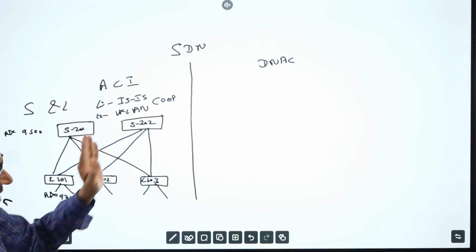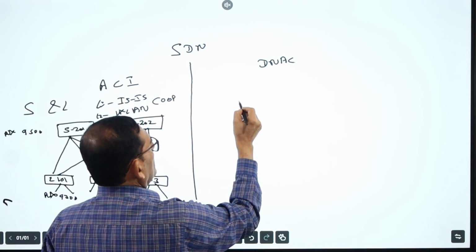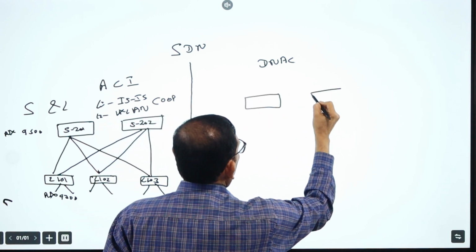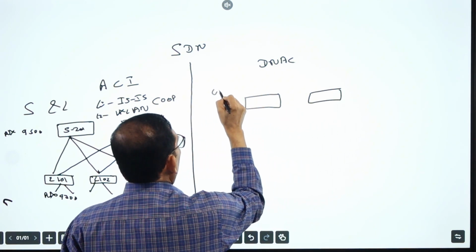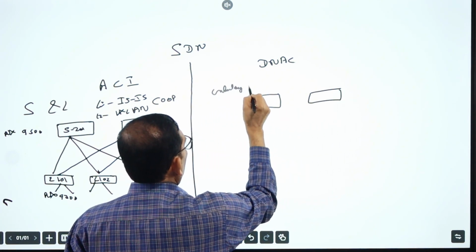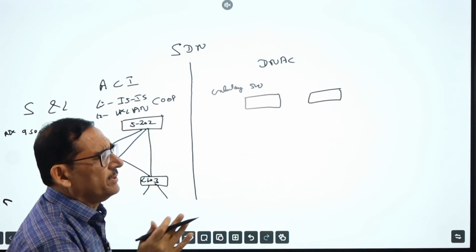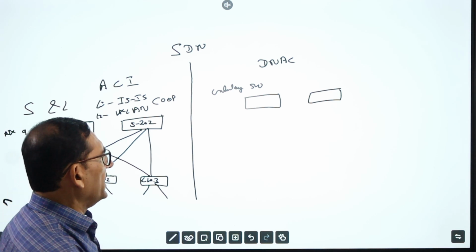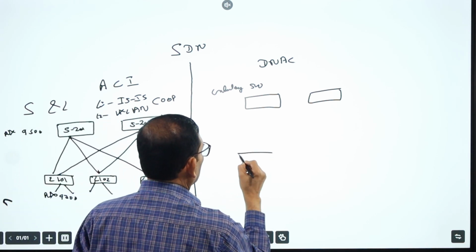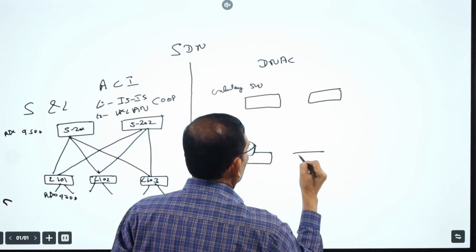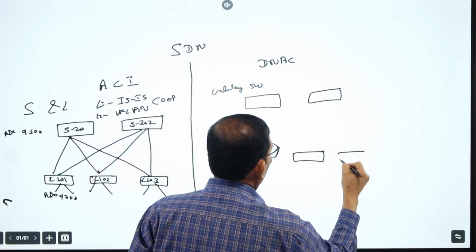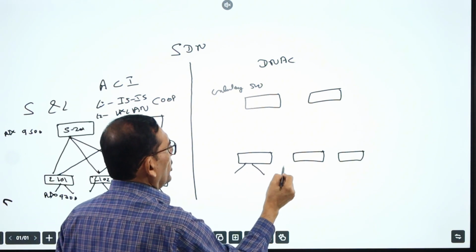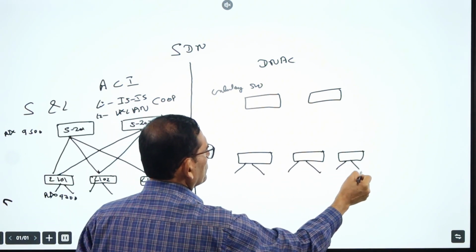Now on the other end, in the DNAC, we have the option, you can say we have two switches. This is my underlay switch. This switch can be anyone. Any layer 3 device can act as underlay. And now we have the fabric edge switches. Here we have fabric edge. Actually, these are the edge switches from where our endpoints are going to connect.